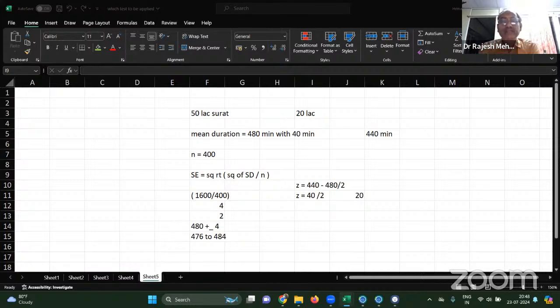And I repeat that when you use Z for comparing an individual with the population, there is only one example. But when you want to compare a sample with the population, you can find the population proportion based on a sample proportion, or if the population proportion is given, you can find out whether the sample is representative of the population or not. Same way for the mean. So let's have at least one example of any of the three. Prepare such an example and write it down in the chat box